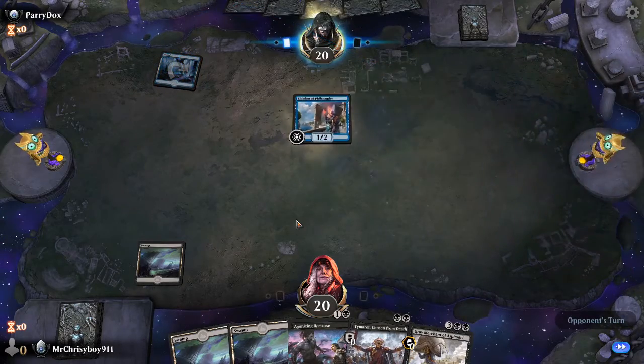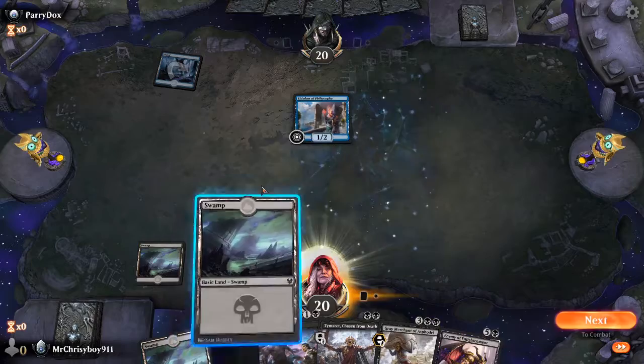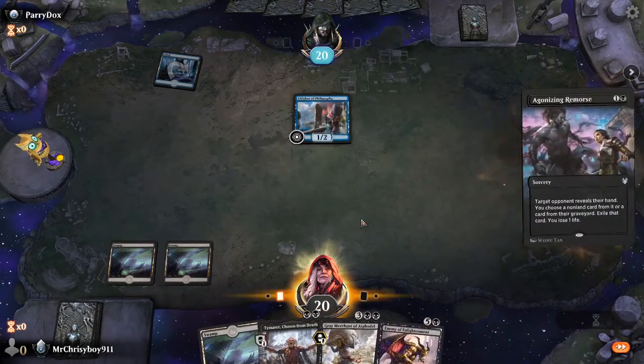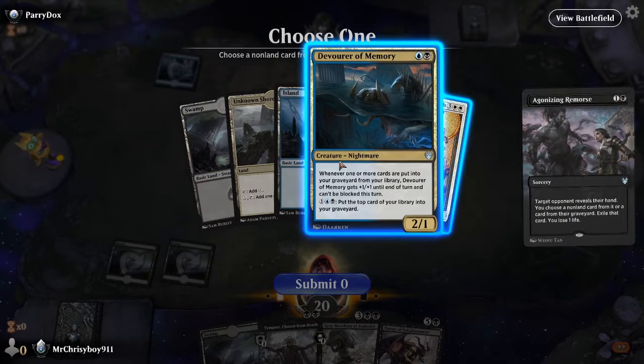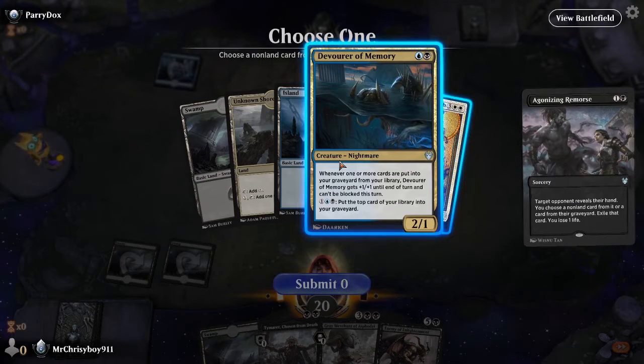But anyway, here we go. We see the Eidolon of Philosophy, and this will be, spoiler alert, the last game of this run. And here we had an interesting choice. Look at this: Devourer of Memory or Elspeth Conquers Death. Now, he was way off Elspeth Conquers Death in terms of land,